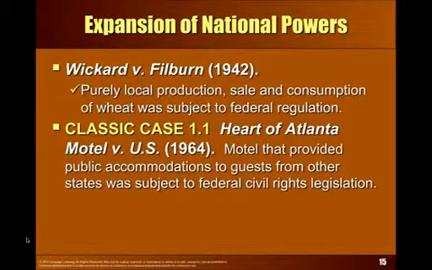That's an interesting case because it's not really challenging Congress's authority to regulate interstate commerce. What kind of challenge was this? And if anybody knows your history, 1964 will give you a hint. The Civil Rights Act of 1964, right? So back then they were implementing civil rights, and this hotel comes along and says, we only advertise